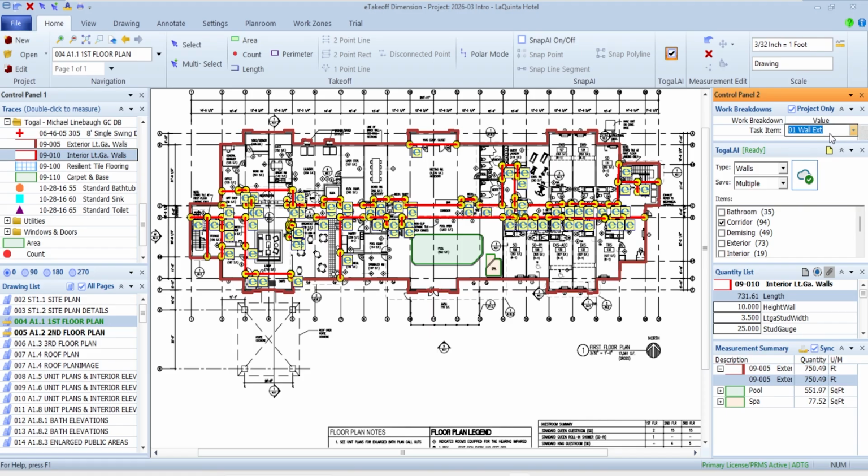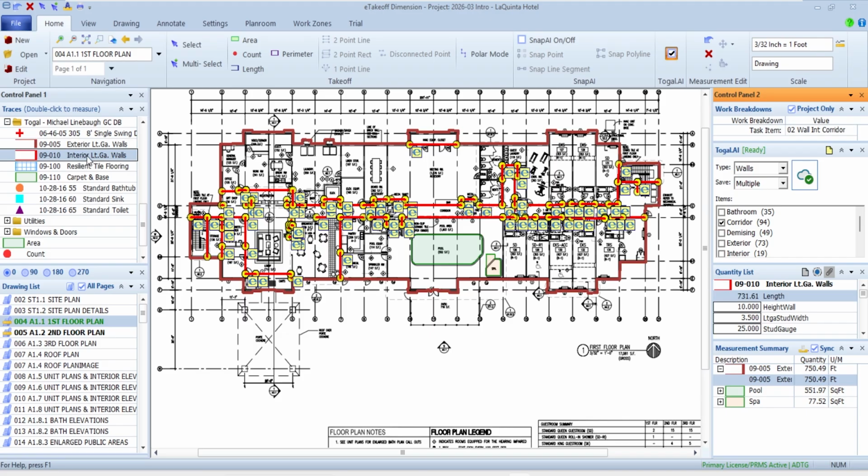I'm also going to tell it that this is part of my interior walls, and this was part of the corridor. And we're good there.